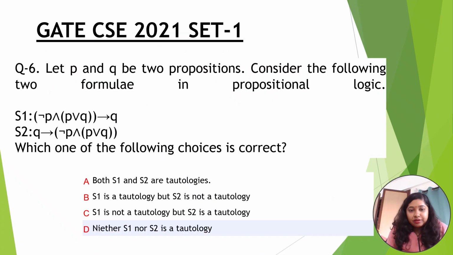So friends, हम ये solve करेंगे. तो हमारे पास question given है, let P and Q be the two propositions. Consider the following formulae in propositional logic. S1 और S2 हमें दिए हुए हैं और हमें ये बताना है कि इन वाली कौन सी choice मीट करेंगे ये. ठीक है।